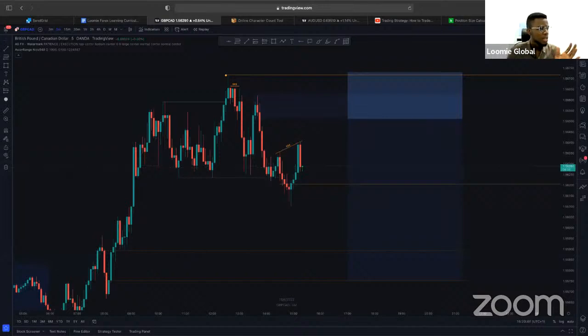Now, Vivian, Ata Michael, if you are just coming in, we are looking at a trade that we are going to take. This is GBP CAD. I don't know who else is just coming in. This is GBP CAD. Check the chat box. The information has been put there for every one of you to follow. Okay, Vivian has set hers up. Ata Michael, have you set yours up? I think you just came to the meeting. I'm just going to paste it one more time just for your sake. So GBP CAD, that is the sell limit, stop loss, TP, lot size, all of that. So just set that up, right?